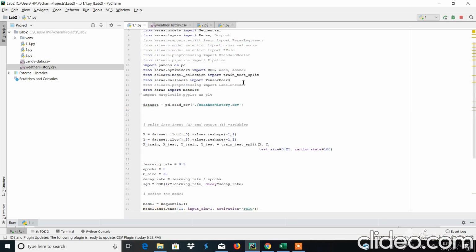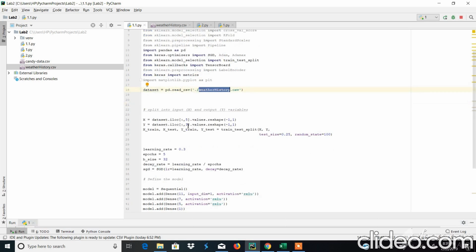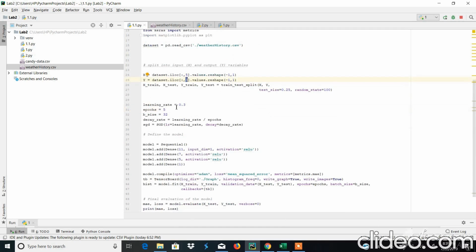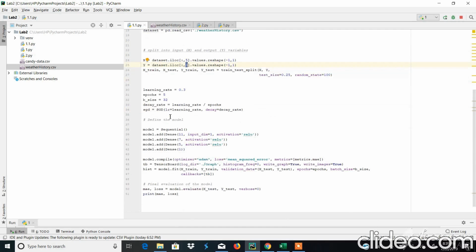The other method to do the linear regression is, I imported the required libraries, and using pandas I've read the weather history CSV, and I've taken the humidity values for the X, to guess the temperature based on humidity, and I've split the data into test and train, and I've taken learning rate 0.3, epochs 5, batch size 32, and